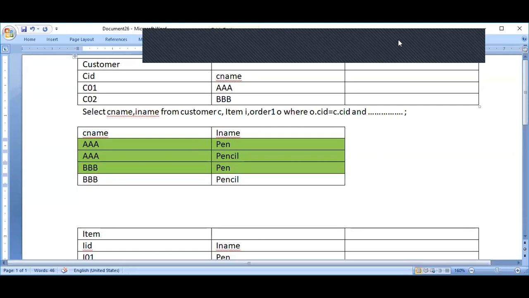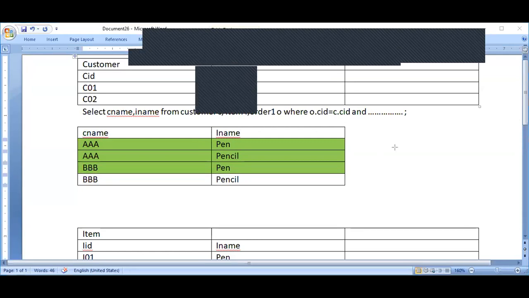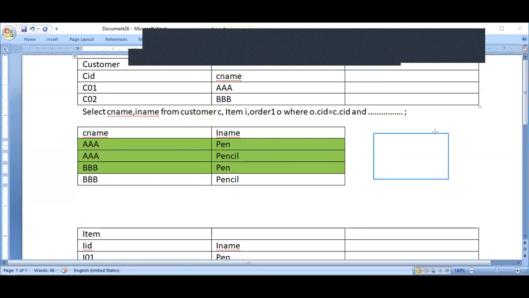So I will take some shapes and try to show you. Suppose I want to join. So when I join two tables, something like this will be there. There may be some extra information in this table, in this table. We might be interested in the middle part, some common information between both the tables. So when we join, we may get some values like this.